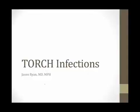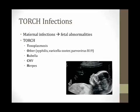Hello everyone and welcome to our module on torch infections. The torch infections are a group of infections that are dangerous to the baby if they occur in the mother during pregnancy. So if a mother who is pregnant becomes infected, this can potentially lead to harm to the baby,